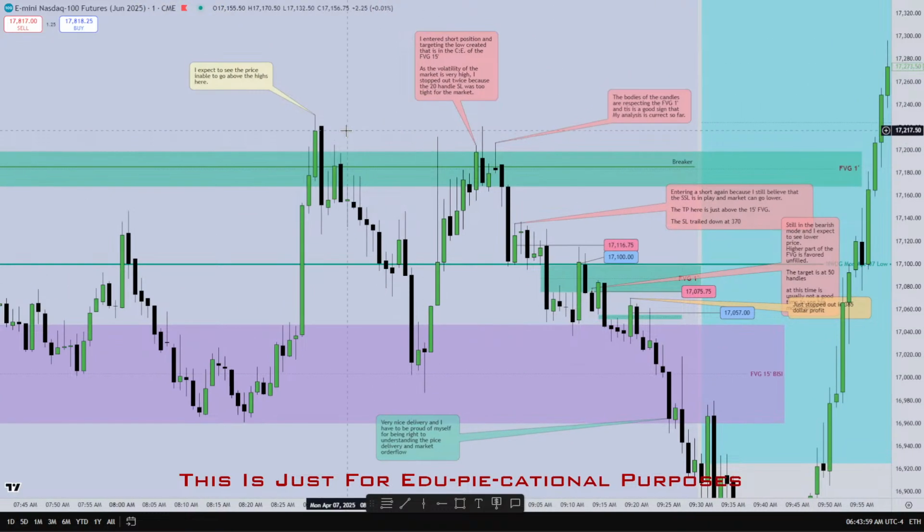As you can see, I was expecting this high here never getting touched, and the market, as I told you in the beginning, should be bearish for me. So I was expecting this high never touching this high here and creating relative equal highs here. On the other side, after the price is moving down from this low, you have a shift in the market